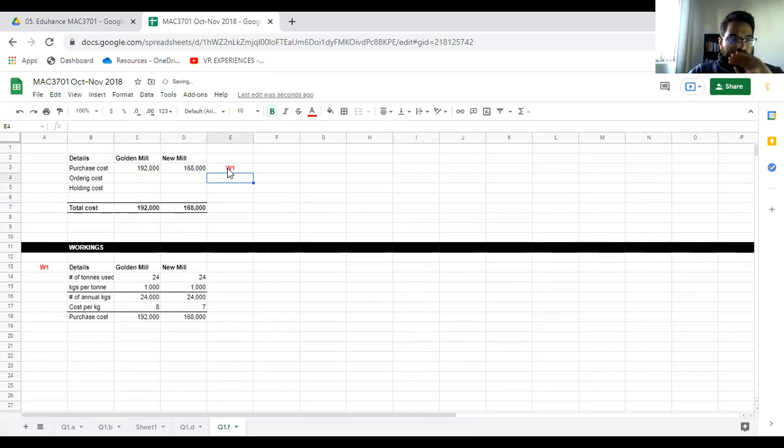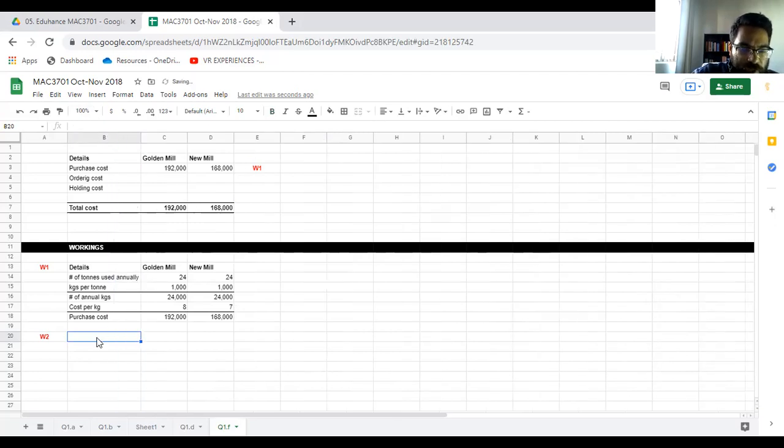So that they working one. Now we can work out ordering costs and we can work out holding costs. So ordering costs is as follows. Working two, ordering costs. So ordering costs equals